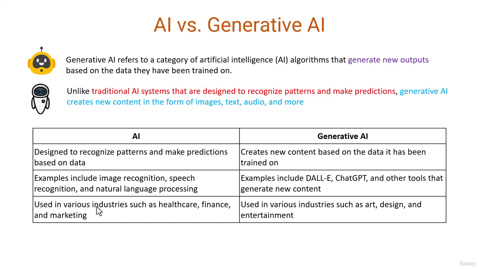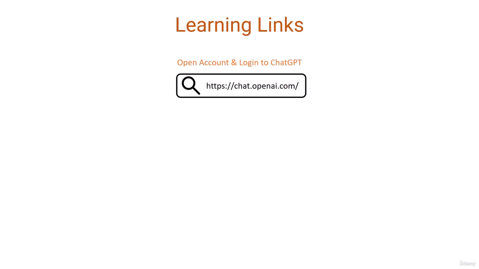AI is used in various industries such as healthcare, finance, and marketing. Generative AI is used in industries such as art, design, entertainment, content creation, article writing, etc. So where can you learn about ChatGPT? First, you need to create an account at this website, that is